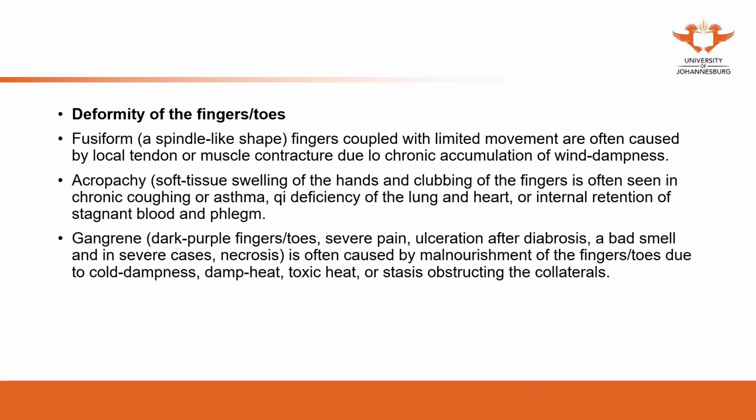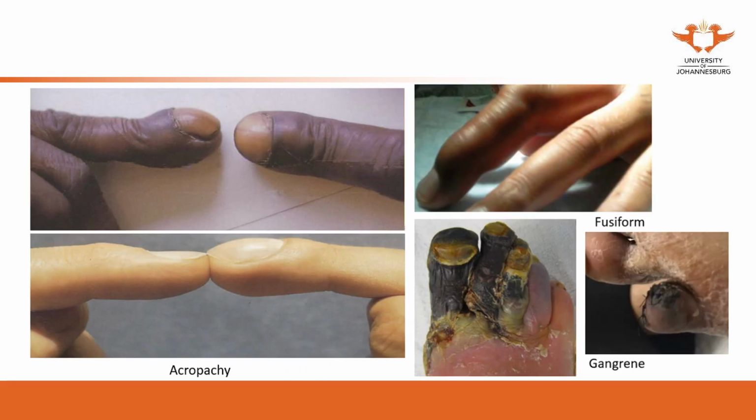Fingers and toes. Here we give you some of the images. The acropathy, the finger bigger on the tip. This is the arthritis, gangrene. When you see gangrene,